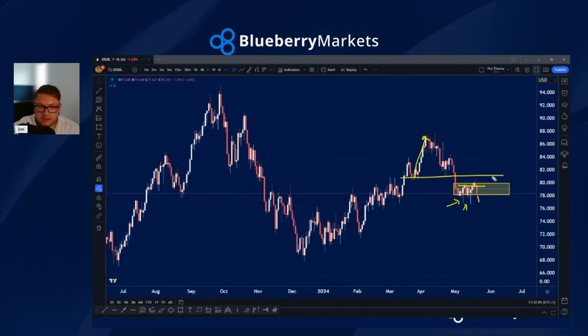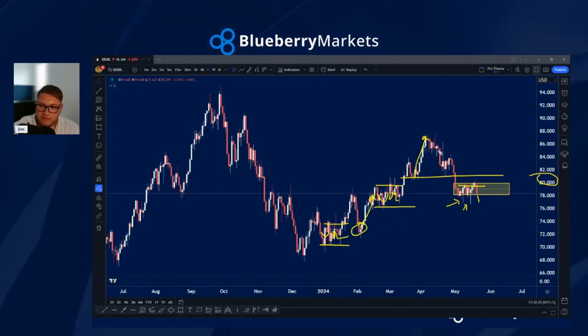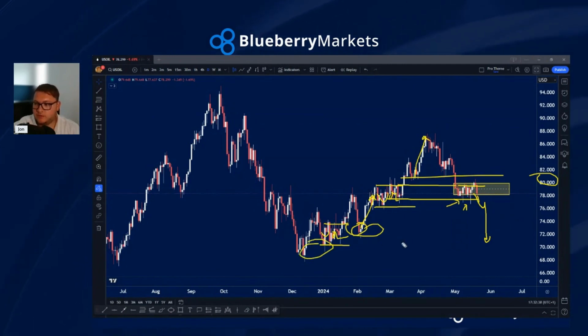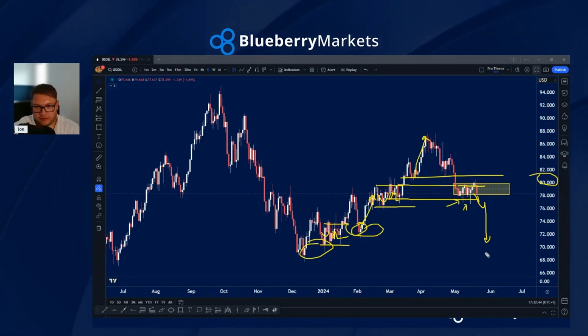I covered this in various live streams: if we traded below $80, I feel like we're probably going to see continuation. And look at the consolidation areas. That's volume there. We obviously had volume down here previously. The market came back to it, retested it, moved away from it. We're not seeing the same situation now. In fact, price is kind of staying within that pocket of volume there. So I think if we breach this and we start to move lower, maybe towards 72s, maybe even down towards 70s and 68s, then there could be an idea that dollar CAD's going to follow that as well.